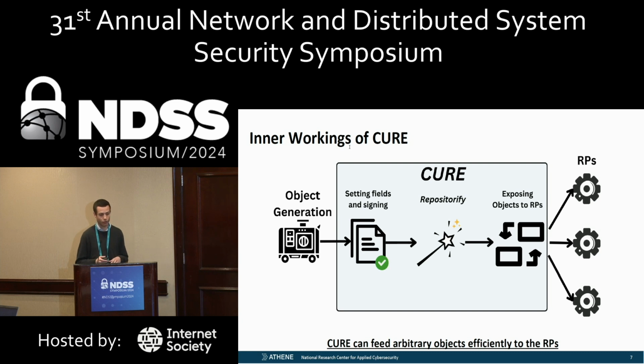And let's quickly go over the inner workings of how Cure works. So we have basically 3 different parts of Cure. And the first part is the object generation. So we need to generate manipulated RPKI objects in some form. I will go in the next slide in a bit more detail how it works. But then this manipulated object is fed into the Cure software, which first sets necessary fields and signs the object, if that's possible, if the object is possible. Then it will, what we call,